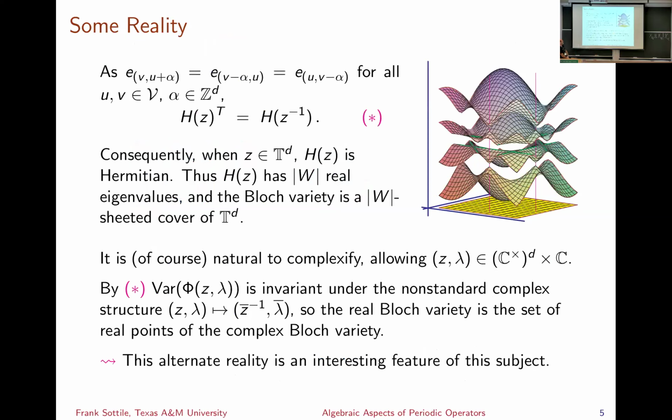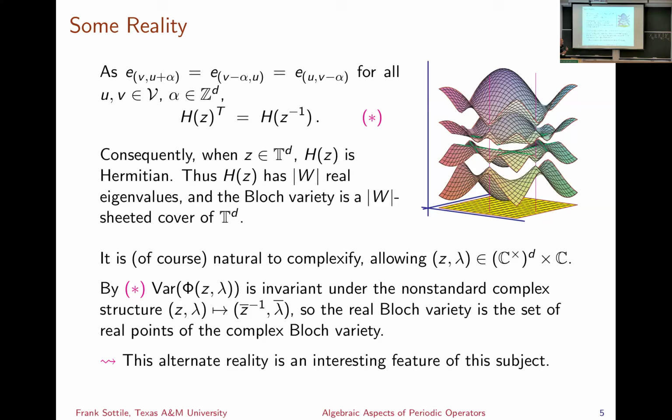Sorry. Anyways, so let me inject some reality into this. So now, by periodicity, the first equation there about the edge weights is from periodicity, and the second one is because they're undirected edges. I pull on you the same way as you pull on me, or push. And so because of that, it turns out that all these matrices satisfy that same relation as the previous one,